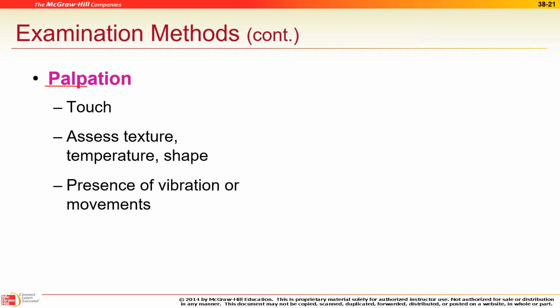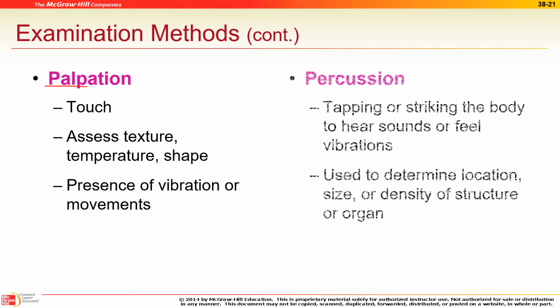Palpation. So that's with touching. So you'll feel for texture, firmness, temperature, vibration. Percussion, here we're making sound. So percussion instruments, we're actually banging. So drums are percussion, a piano, we're banging on the piano string. So we're tapping with our hands and listening at the same time. So for example,